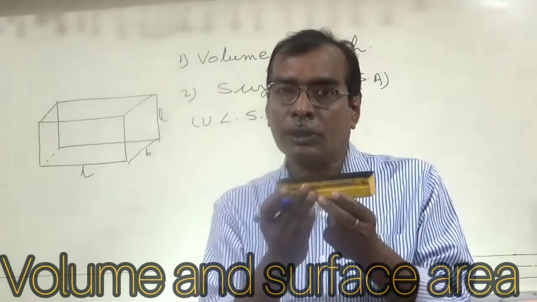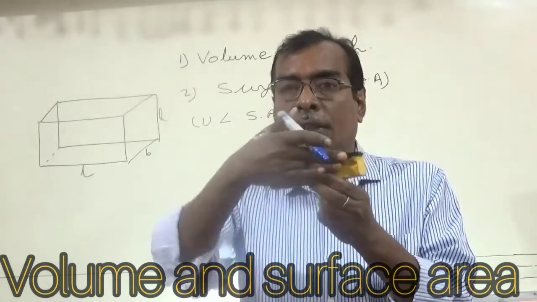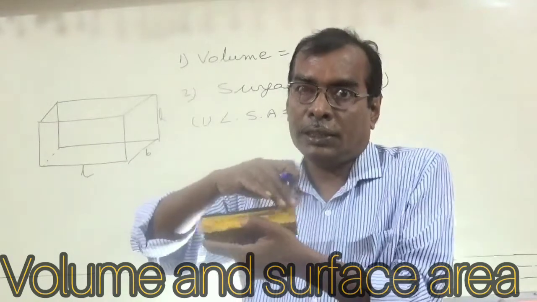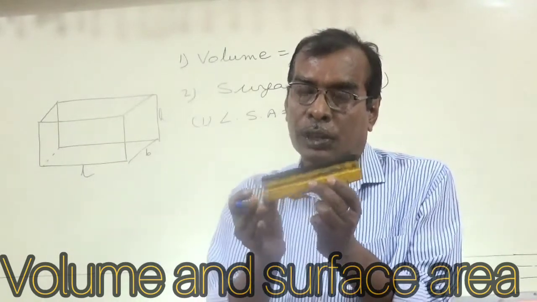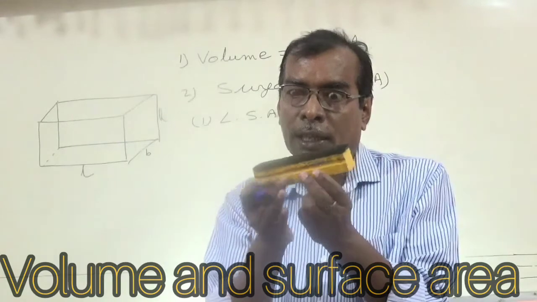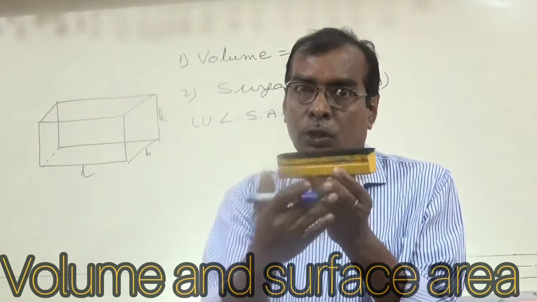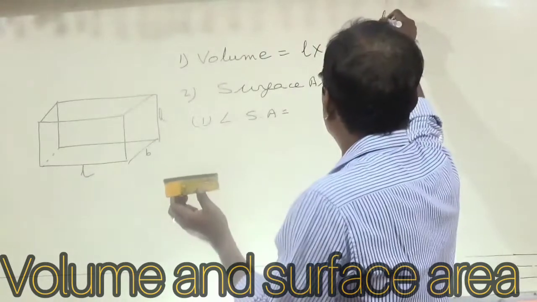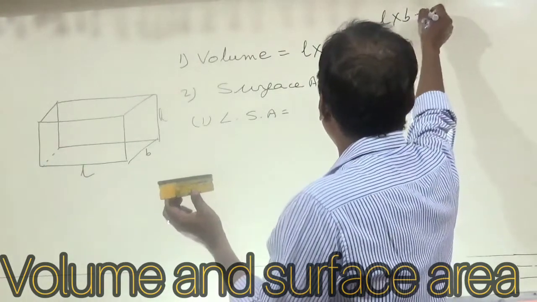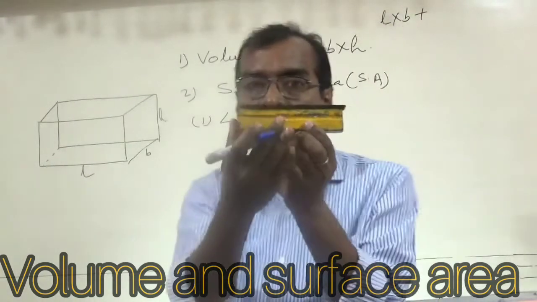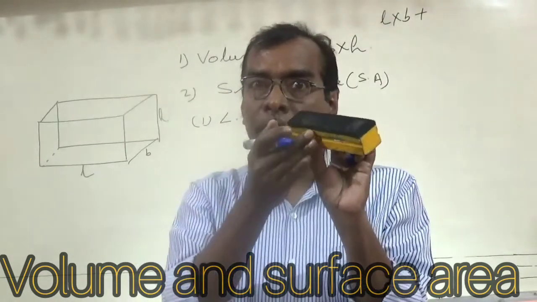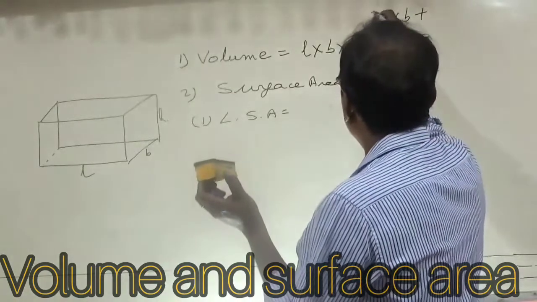So lateral surface area is this area plus this area plus this area plus this area. That is, there are 4 walls in a room. Say suppose this is a room. What is the area of this one? This one looks like a rectangle, so its area is length into breadth. I am writing separately here. Plus, this length into breadth is the area of these portions. Obviously, the back portions are identical. Therefore, 2 into L into B.